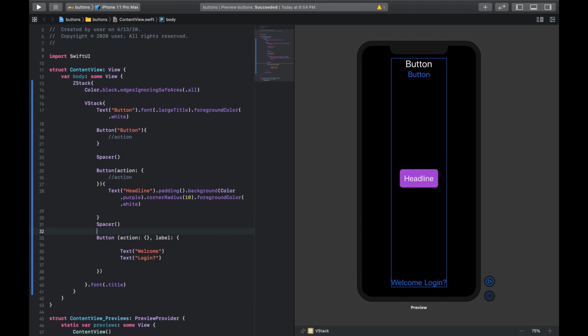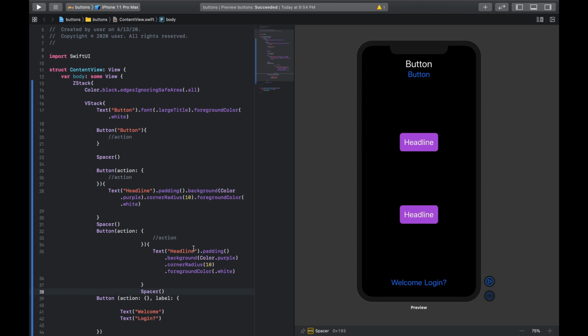Copy, come under the spacer, put a button here, and in this second one, let's try and make it round. So instead of headline, we could say rounded, like so. And after that, we're going to put in the padding, we are going to say edge